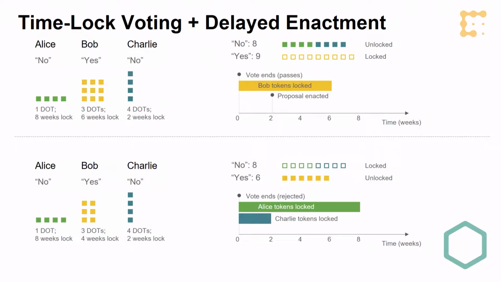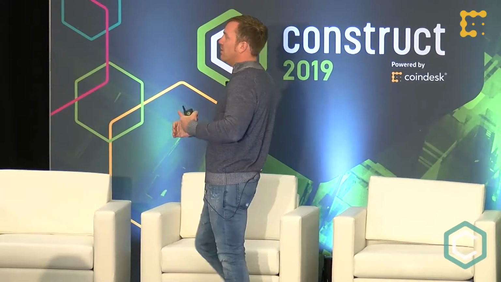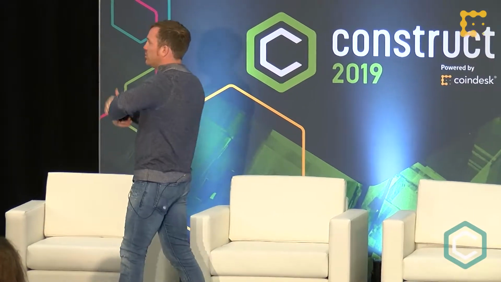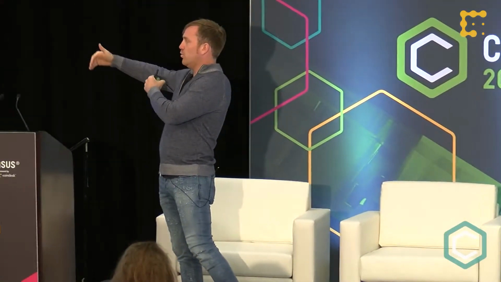Bob has 3 dots, also cares a fair amount about this measure, so locks his dots for 6 weeks. Charlie doesn't really care and only locks his dots for 2 weeks. So in this case, with Bob voting yes and the other 2 voting no, Bob carries the vote because he had the heaviest mix of dot allocation and caring about it,